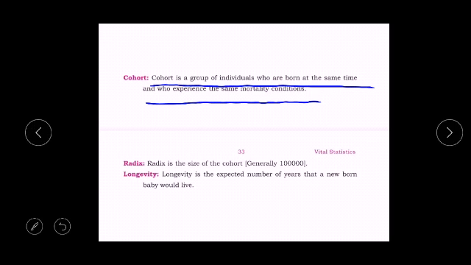It is true that if 1,000 babies are born at the same time, they all have equal chances of dying or surviving, because they all face the same kind of situations. Suppose we take the present time, corona. If 100 babies are born today, in this crucial situation of corona, all 100 babies have an equal chance of getting affected by the corona. So they have the same experience, the same mortality conditions today.